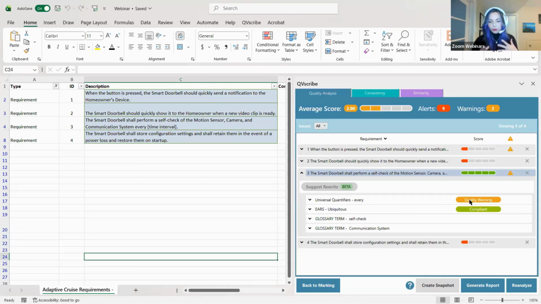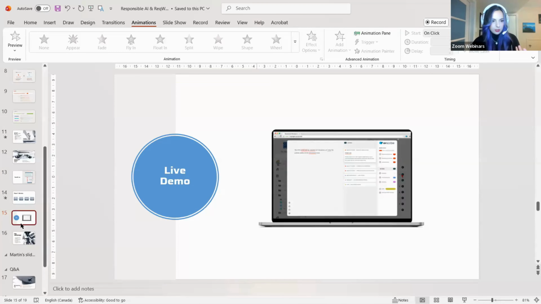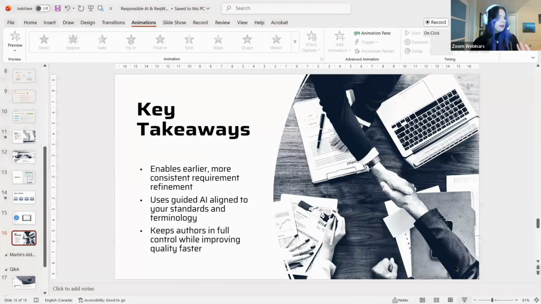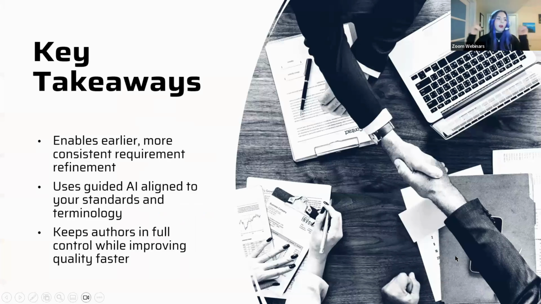And that's how teams move more quickly from "this needs work" to "this is ready" without really changing their work. And with the zooming out, switching back to here, the real value of ReqWriter goes beyond the individual improvement of sentences and requirements. It gives the teams a more predictable way of refining requirements earlier, before reviews, test design, or downstream debates begin. By combining QVscribe's analysis with those guided AI rewrites, teams can move from insight to action